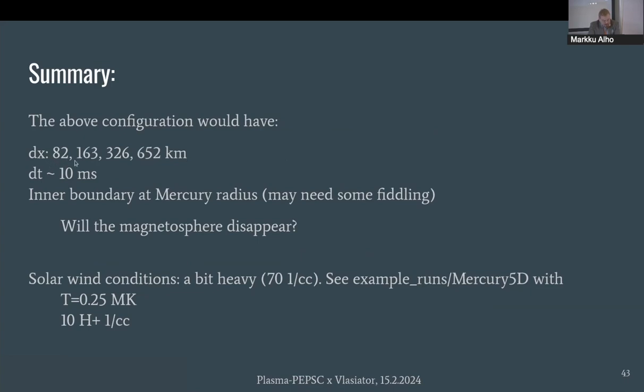The grid resolutions could be something like this: 80 kilometers at the highest resolution, with a base grid of some 600 kilometers. Delta T 10 milliseconds, inner boundary at Mercury radius, and the inner boundary has been a bit fiddly. If we have the copy condition for the inner boundary, we can have cases where if we drive the magnetosphere strong enough with a